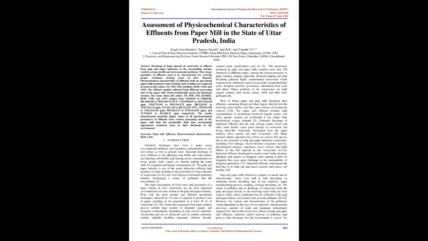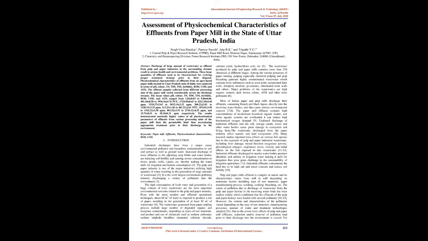The mean values of pH, color, TS, TDS, TSS, turbidity, BOD, COD, and AOX ranged from 1.82 ± 0.03 to 9.84 ± 0.06, 481.44 ± 0.58 to 3936.16 ± 5.76 PCU, 1718.49 ± 0.65 to 4252.29 ± 4.46 ppm, 1518.27 ± 2.65 to 3032.14 ± 3.32 ppm, 200.22 ± 2.01 to 1220.15 ± 3.15 ppm,